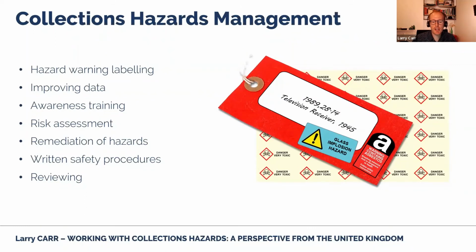We call this collections hazards management, and it will often include prominently labelling artifacts in storage with hazard warning symbols, recording data about the hazards of artifacts and if anything has been done to manage their risks, ensuring that anyone working with hazardous artifacts has a good awareness of their hazards and risks, assessing the risk to people working with artifacts. In the UK, this is usually a formal process which produces a document called an activity risk assessment,